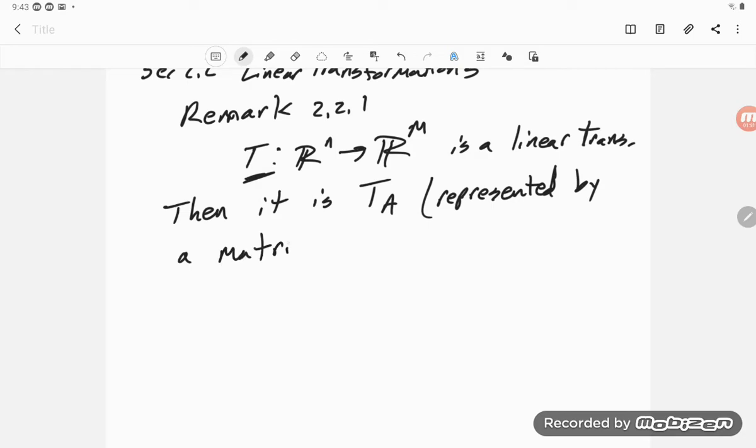And if I can evaluate this transform, I can tell you the columns of A. And the columns of A are given by